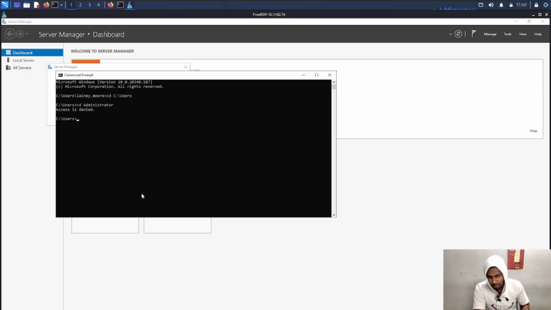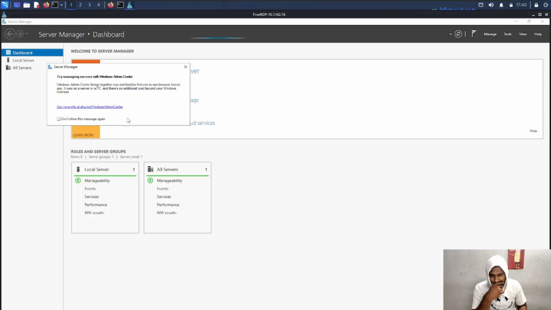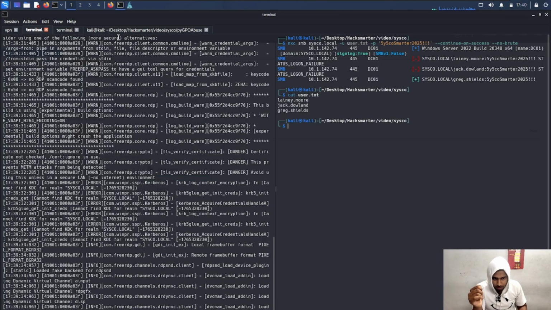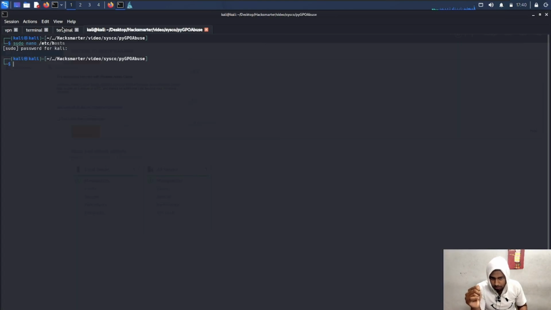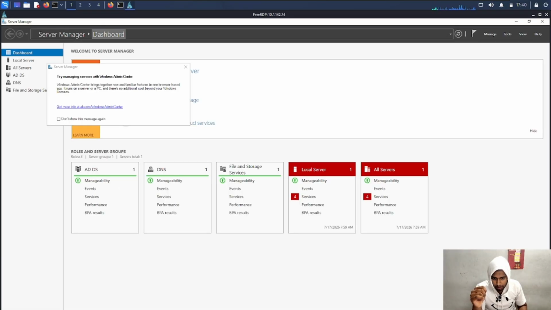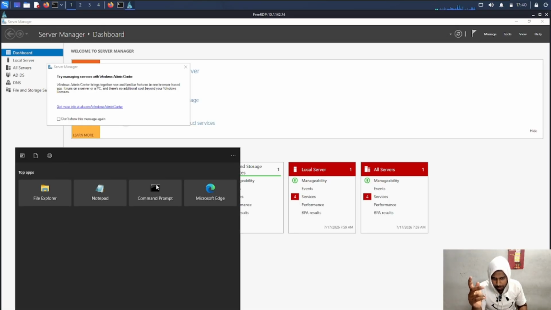Interesting, guys. This should have worked, but it didn't. But let's see what have we done wrong. Let me just check. Cisco.local, Greg Shields, GPO ID is right. Task name is right. Net group domain admins Lane Murray /add. Let's do a net group command, net user